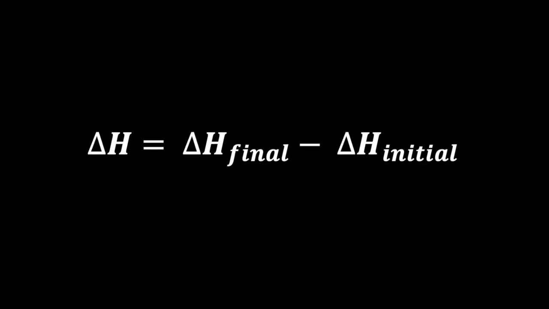So a lot of the time we're going to be able to use delta H and Q, Q stands for heat, interchangeably. However, remember, this relationship only holds at constant pressure. If the pressure is changing, as it might with an expanding gas, then delta H does not equal Q, and we can't use this relationship. There's pressure-volume work being done, but most of the time we'll be able to estimate delta H as Q, as heat. The change in enthalpy of a system is going to be equal to the heat gained or lost by the system. You can write it in equation form like this, where delta H equals the H final minus